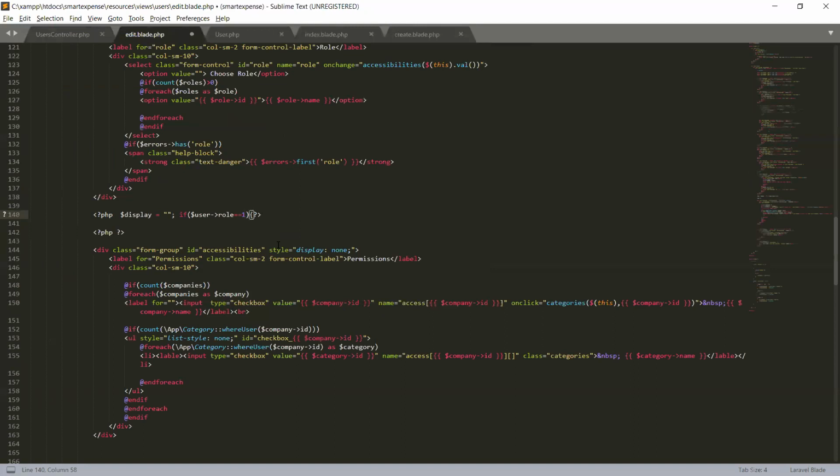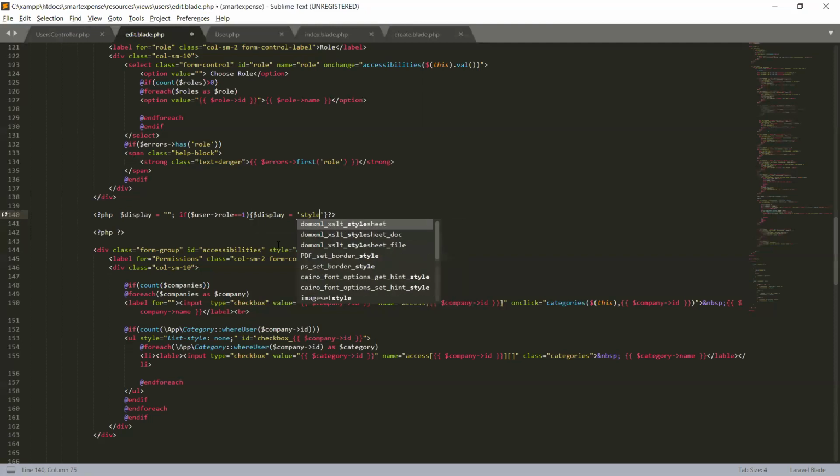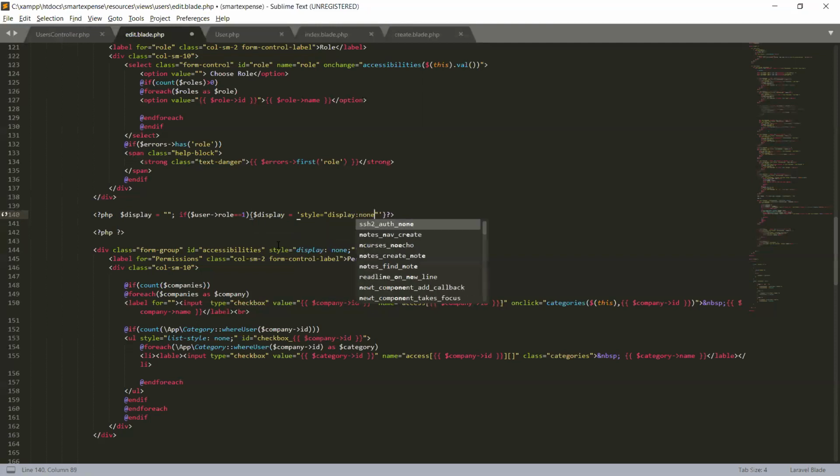then we will set the display variable the value. So we will set display equal to a string, style equal to display none, because for super admin we will not display our companies and categories.